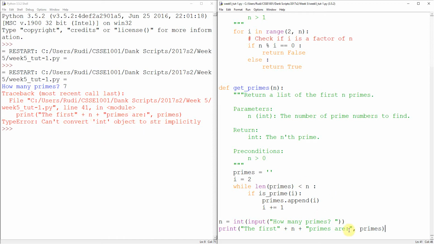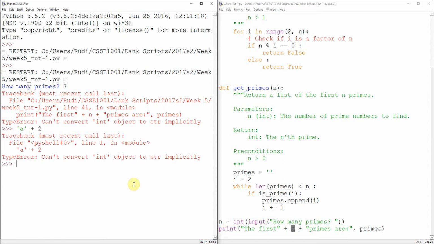If we look down here, we know that if we print stuff on different sides as different arguments, Python's pretty happy to stick it together for us. But when we're using the plus sign, if we try and add a string to a number, Python doesn't like that. And we can see that that's the same error message we're getting here. So it doesn't like the fact that this n guy is an integer. We need to convert that guy to a string in order to concatenate it with our sentence here. So I suppose we could either do this